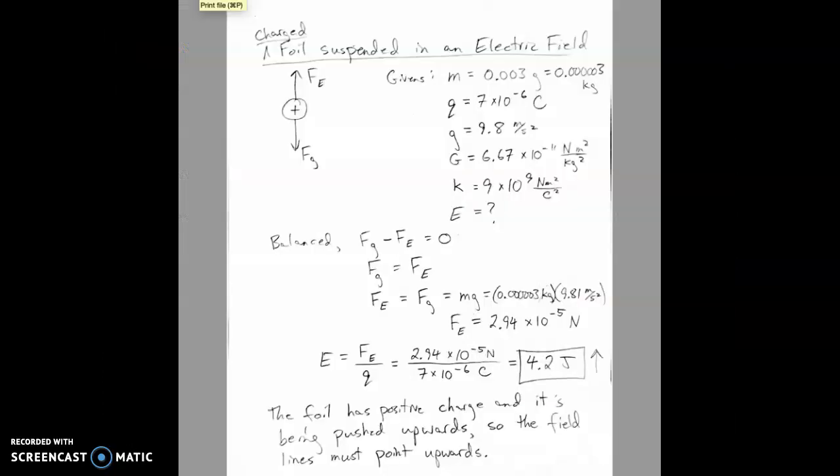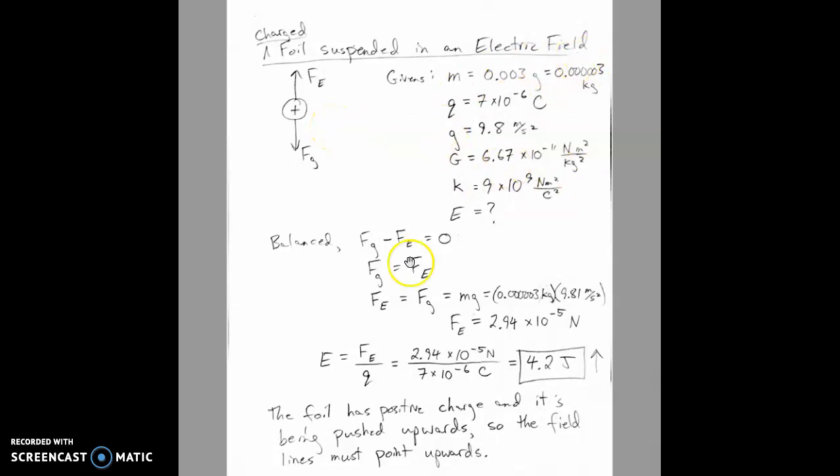Okay, I hope you took time to try to solve the problem yourself first, because now this will be a lot more meaningful to you. But here's the free body diagram of this charged object. The forces on it are a force up and a force down. We know there must be a force up because this is a balanced situation and it's got gravity pulling it down. So we know the electric force must be pushing it up, which means since this is a positive charge, the electric field lines, or arrows, vectors, must be pointing up.